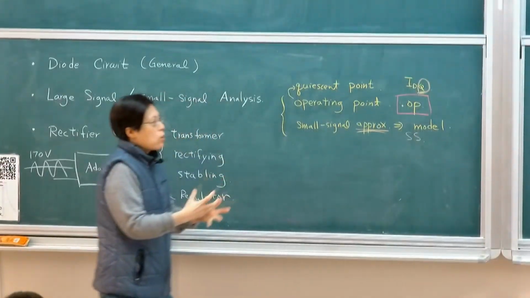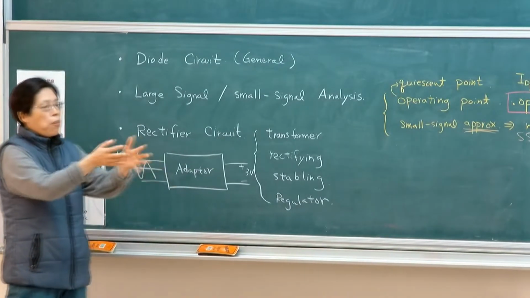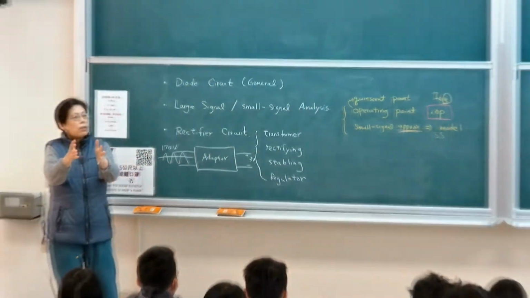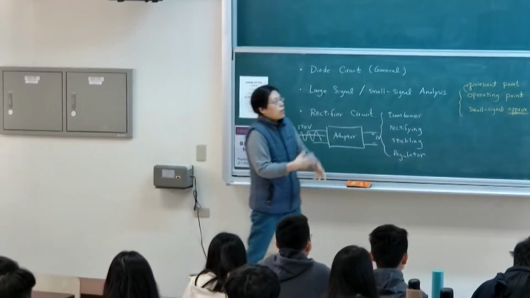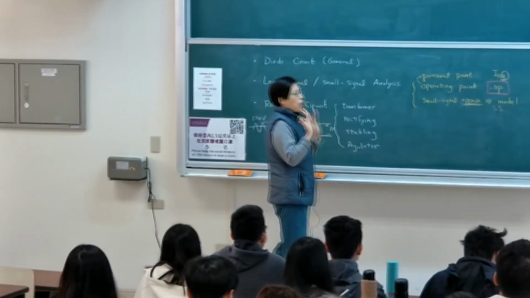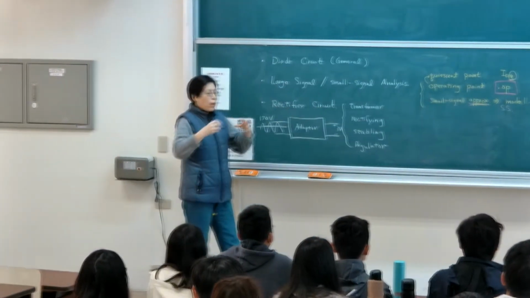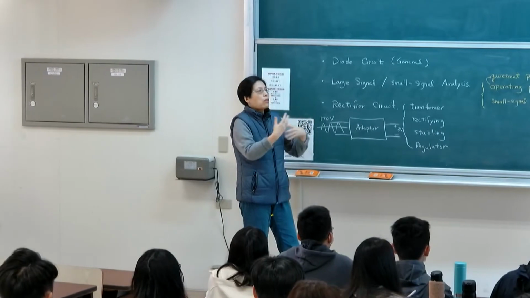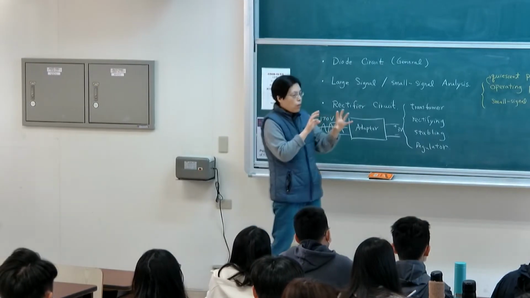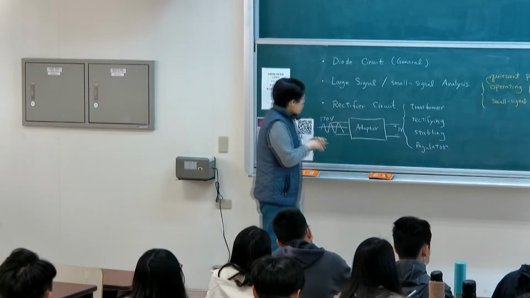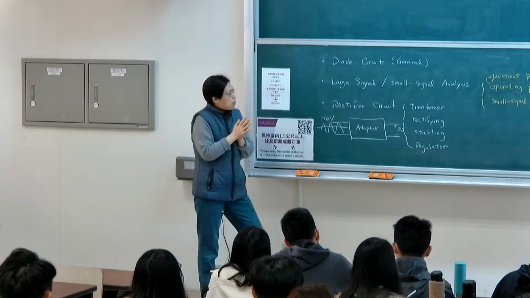So anytime you do analysis, you start with the circuit, find the operating point, and then do a small signal equivalent model, and use that model for circuit analysis. So we get a sense of how, when the signal comes in, it translates throughout the circuit. And then the last,